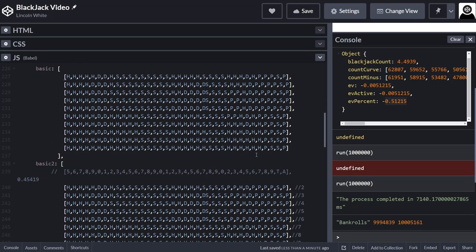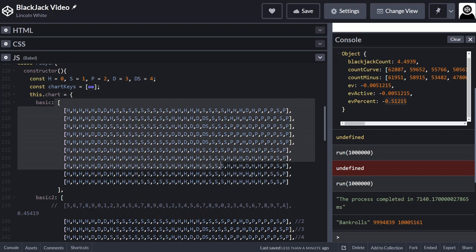I could look into other things, like for instance, what if the count is 15? Is this the correct chart to use when the count is 15? For instance, what if the count was 30? Is this chart still correct? So what I could do is program it so that this is a basic chart, and then when the count is 15, it will check everything again,